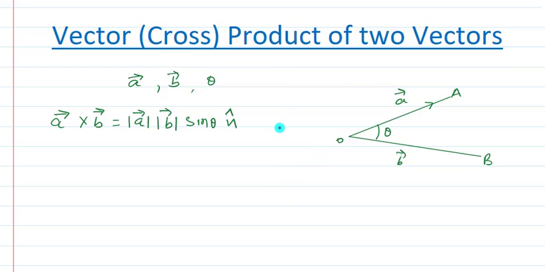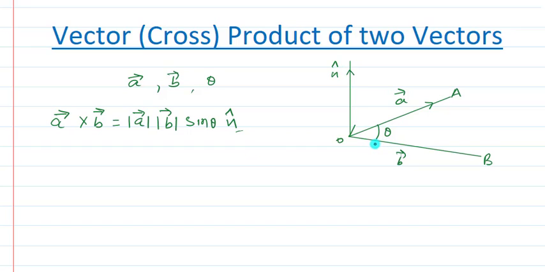So similarly, this vector n is the unit vector, I should say, which is perpendicular to both the vectors A and B. Let me draw this vector. This is the vector n, which is perpendicular to both. A and B vectors are lying in the same plane, whereas this vector n is lying in the plane which is perpendicular to the plane containing A and B. So this is vector n cap.